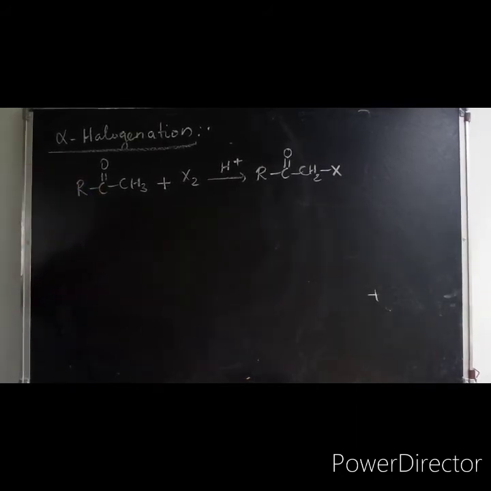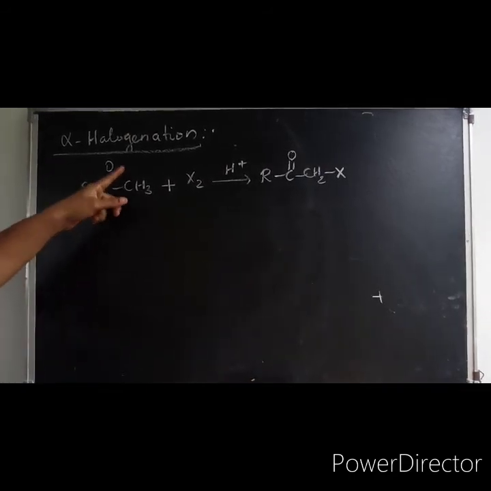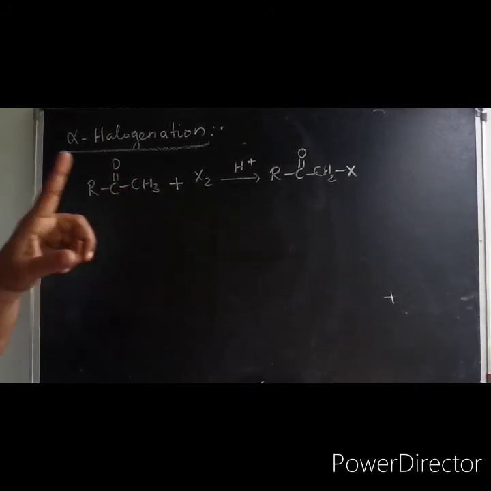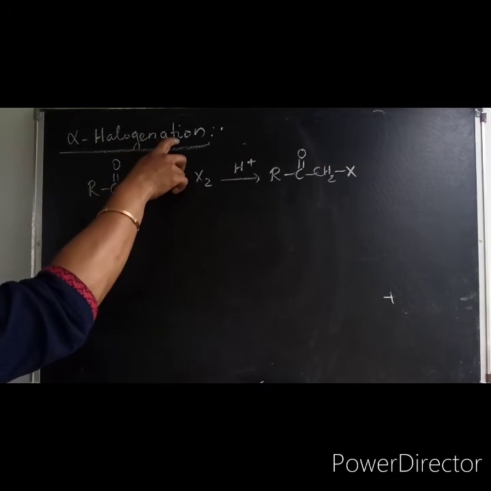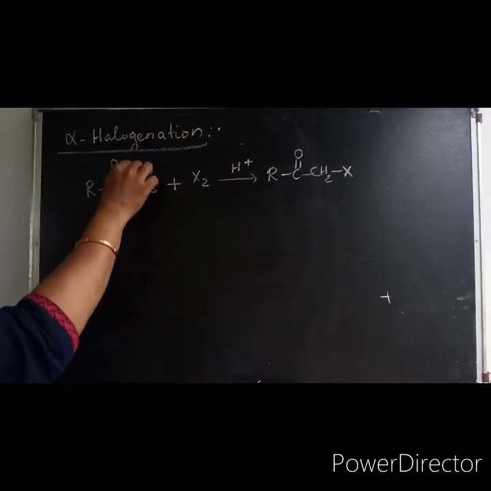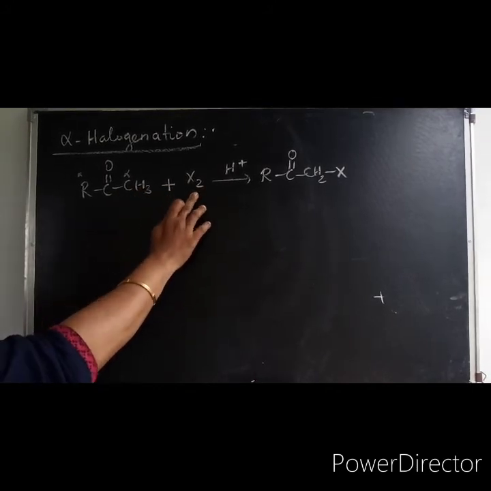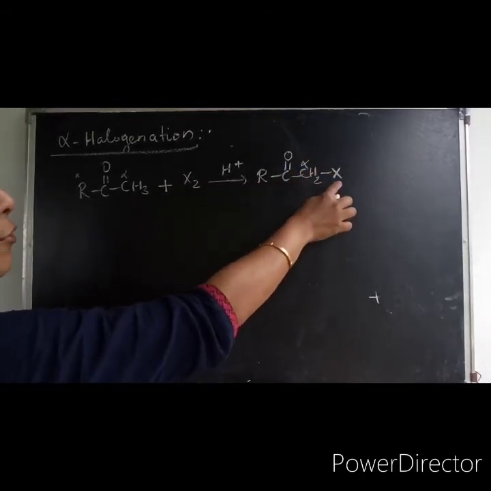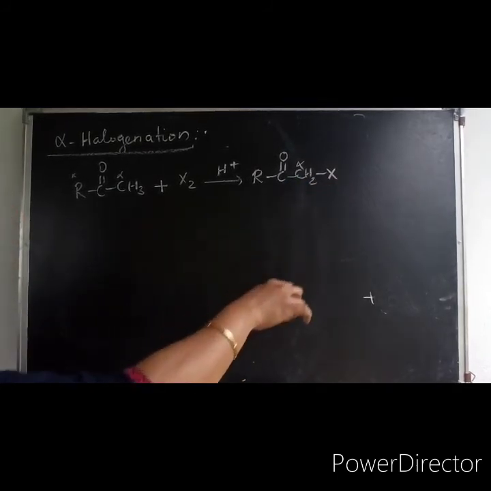So, let us see. The reactivity happens at the alpha carbon. Okay, alpha carbon, that you should keep in mind. Because of the enolization, the carbonyl compound's alpha position is reactive. If alpha hydrogen is present, that is very important. So first let us look into alpha halogenation. You can see over here, this is an alpha carbon, this is an alpha carbon. Here I am showing 3 alpha hydrogens. So if you are doing acid catalyzed halogenation, you are getting the alpha halogenated product. The alpha carbon will be substituted by a halogen.